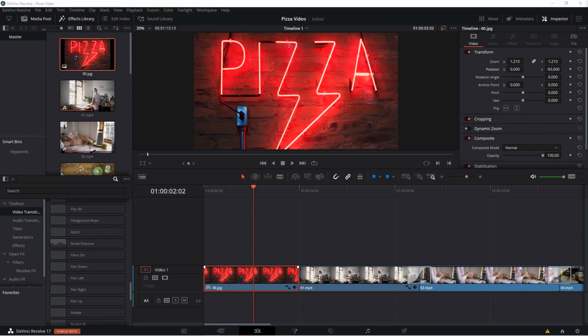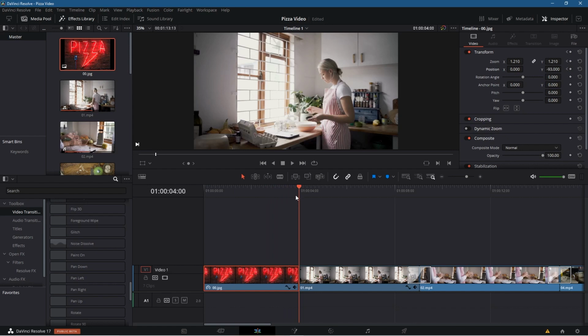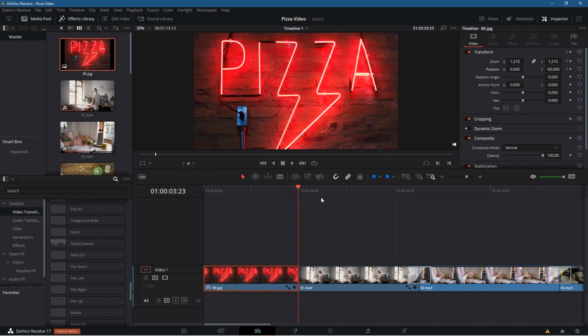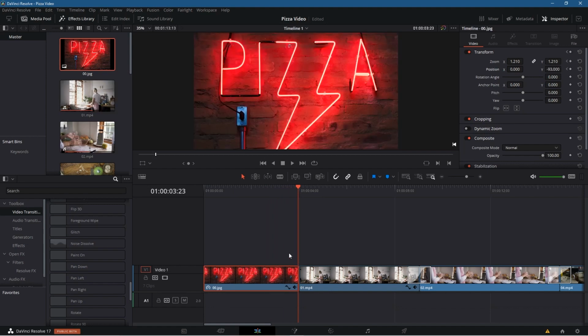Okay, so the picture itself right now is very static on our timeline, and we don't really want it to be still, right? So we're going to move to the very beginning of the timeline, and we're going to add some keyframes in so that we can manipulate it a little bit. So we're going to add one for the zoom, and we're going to add one for the position. We're going to add 2 different keyframes, and we're going to scrub all the way down to the end of this particular clip, and we're just going to use the arrow key to move back 1 frame, right? So at the very end of this pizza clip, right at the very end, the very last frame,